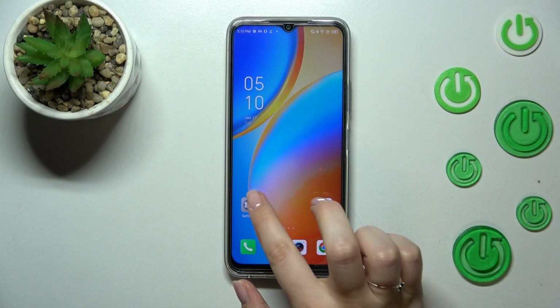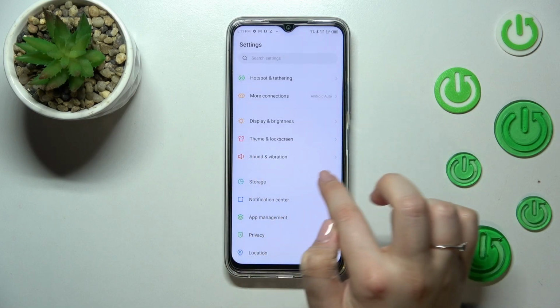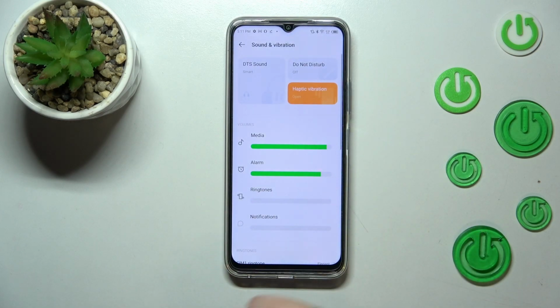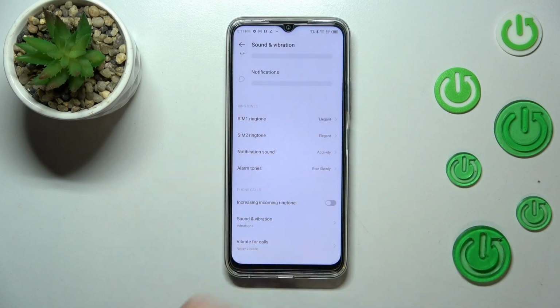So first of all, let's enter the settings, and here we have to scroll down in order to find sound and vibration. Now we have to scroll down again to find this ringtone section, and as you can see, we can change the ringtone for the first and the second SIM card, but also for the notifications and the alarms. We've got the differentiation between two different SIM cards because we can use two cards,